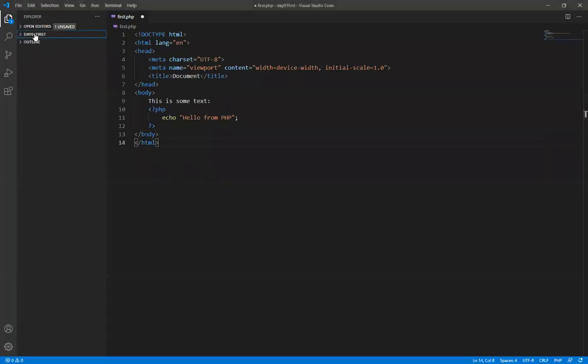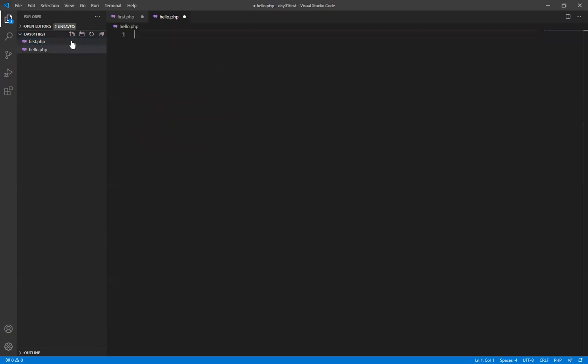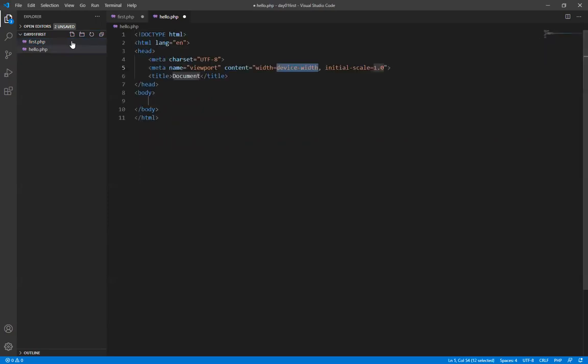So let's create a new file here. The same thing, you press plus there and say, let's do hello PHP. Same thing, exclamation mark, tab to get the basic document, right? And this time, we will greet somebody using their name. So you know from the tutorials you were watching that you can provide parameters to scripts